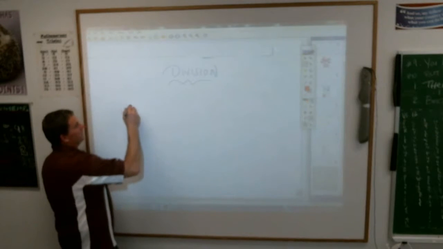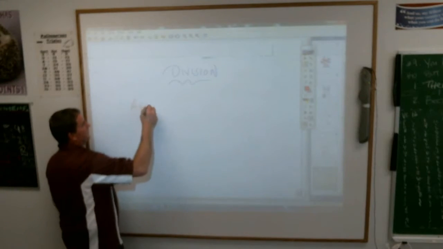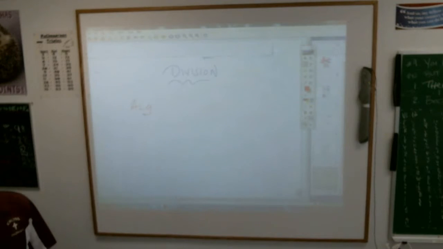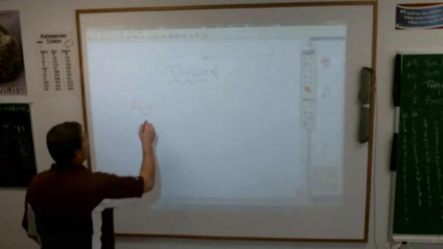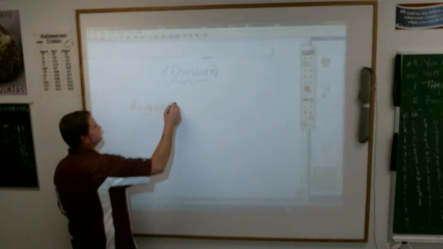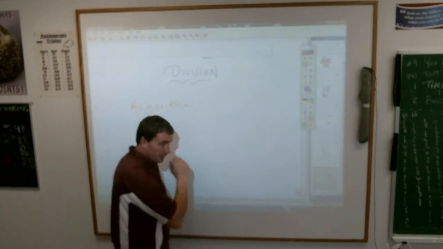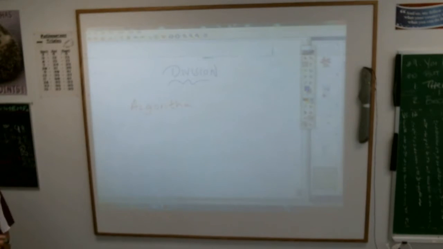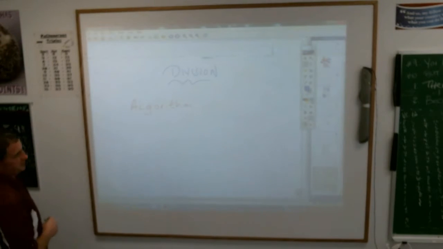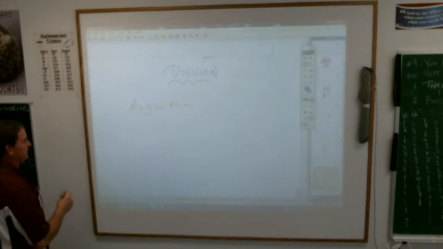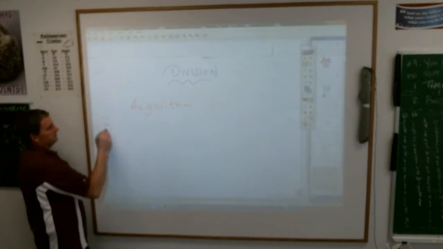And under division, remember that we talked about this word before: algorithm, which means the way that we do something. And with division, what is our algorithm? You guys had a different one than I had. You did something like "goes into." I'm still gonna go with mine here, and it's